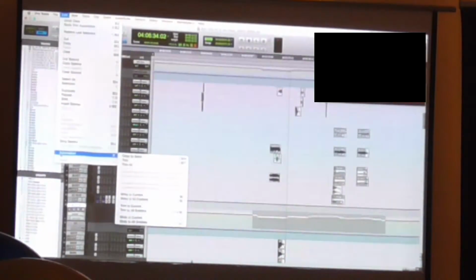Where is it? Go down to automation. I guess you mean if you print it out, yeah. Then you can go into this here, and it says to coalesce the volume automation to the clip gain. So where I've done the clip gains, it'll make this information affect the clip gain level. And if I just want to do it to the volume automation, so if I look at these tracks here and I say, okay,